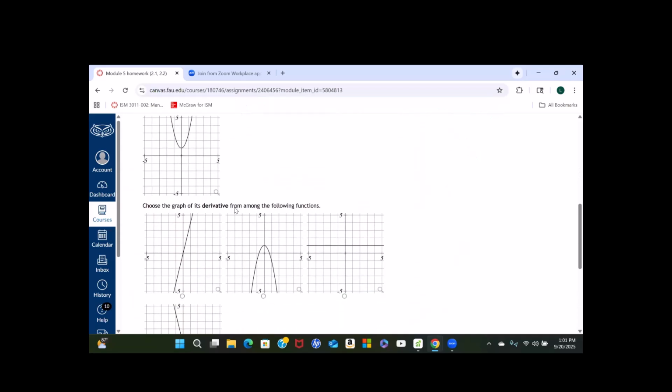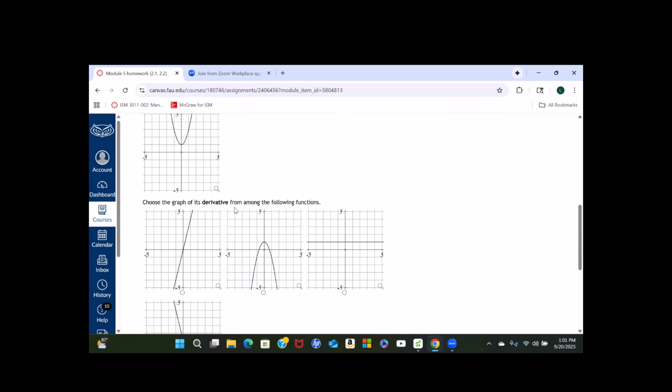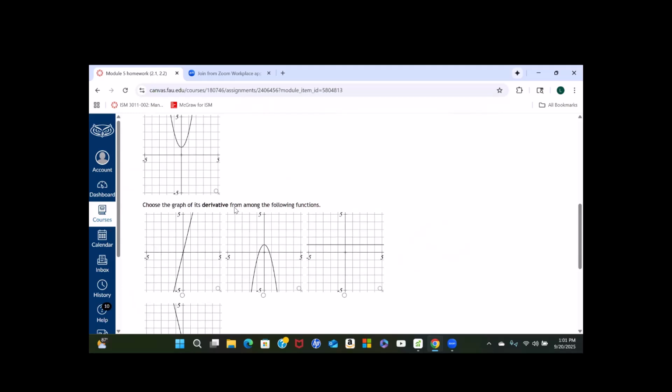I don't want to... No, I want you to figure out what you don't understand. That's the most important thing. For this one,